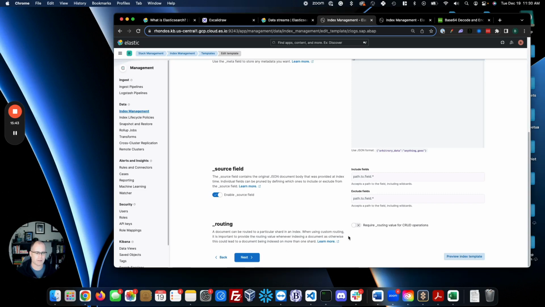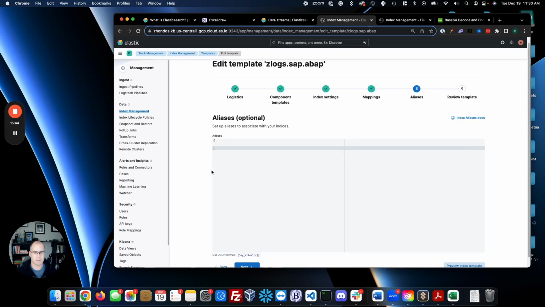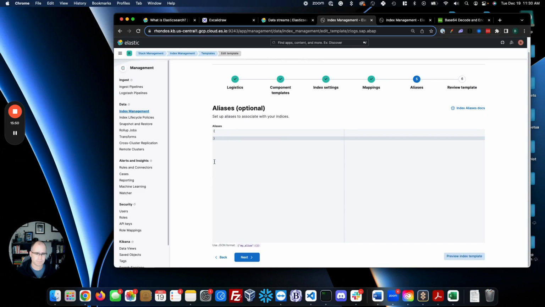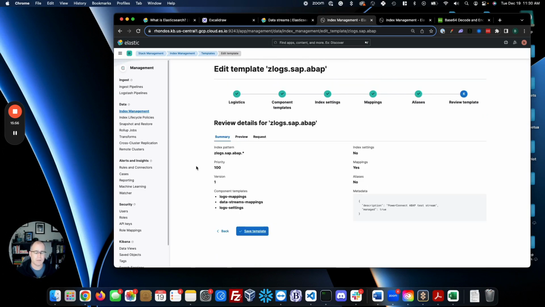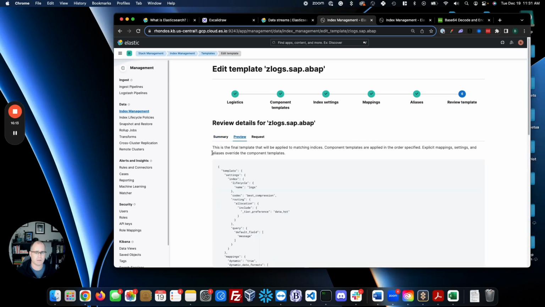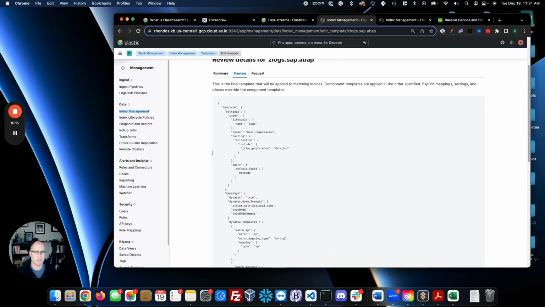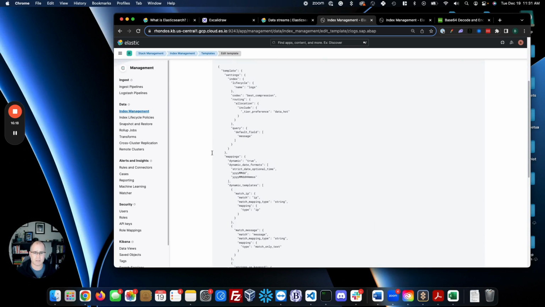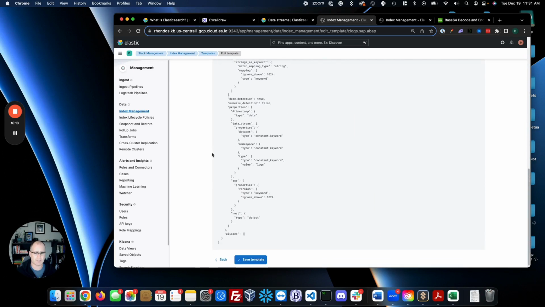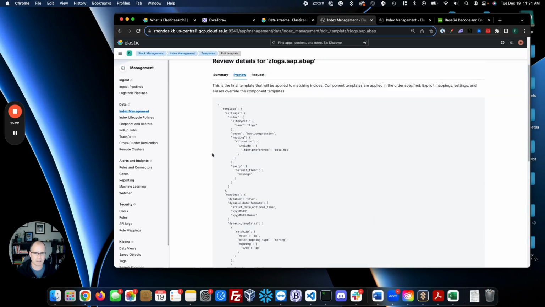No routing value for CRUD operations required. Aliases to be determined. We'll figure that out later. Right now, there's no changes needed. Grab a screenshot of this, make sure that all of these fields have these elements. Make sure you have your mappings, your metadata, and then you can also select on the preview here, copy this JSON file for all of the configuration settings, save it in your text editor, keep it on